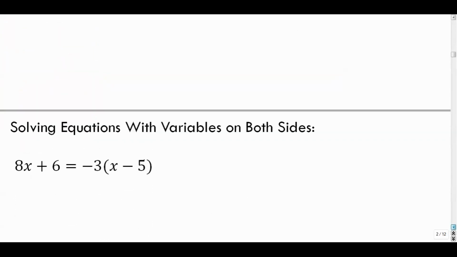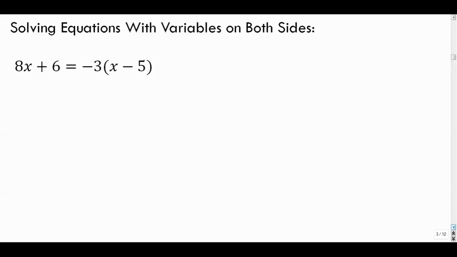Next up, solving equations with variables on both sides. Pause it, give it a shot. Again, pretty simple. This is, of course, the distributive property. You see a number outside of a binomial or a polynomial of any sort, you just multiply it by everything that's on the inside. So let's distribute first: negative 3x plus 15,